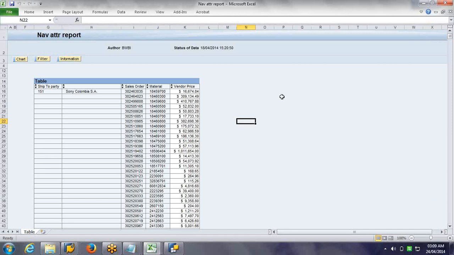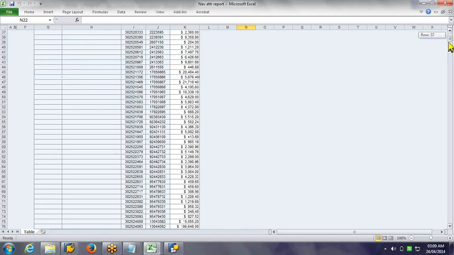No, for this set of fields, whatever I have chosen, is it bringing the entire data or only a portion? Portion, for the ship to party only, right? I mean to say, there are many ship to parties, is it bringing only a couple of ship to parties, or all the ship to parties in the cube?